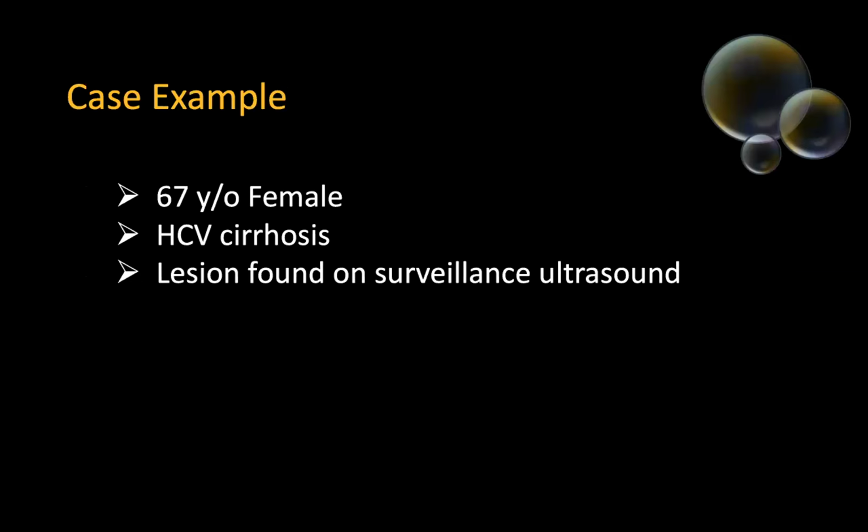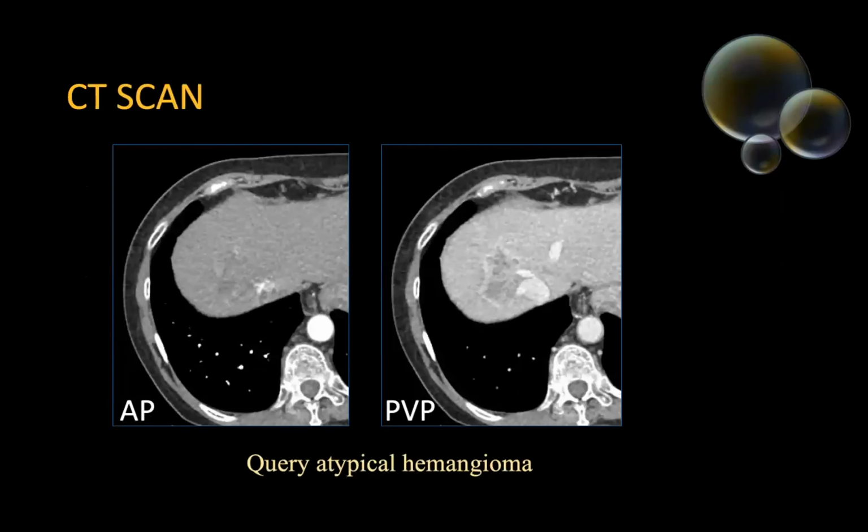This is a 67-year-old female who has HCV cirrhosis. So she is undergoing surveillance ultrasound and a lesion is detected. So the first place she goes is for CT scan. And we can see a vague area of not very hyper enhancement, but a little bit of enhancement in the arterial phase. By the portal venous phase, this enhancement has increased both in its distribution and its amount,